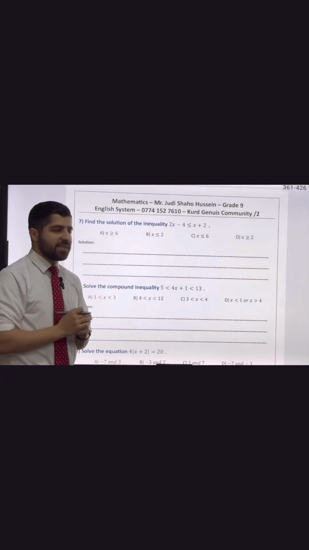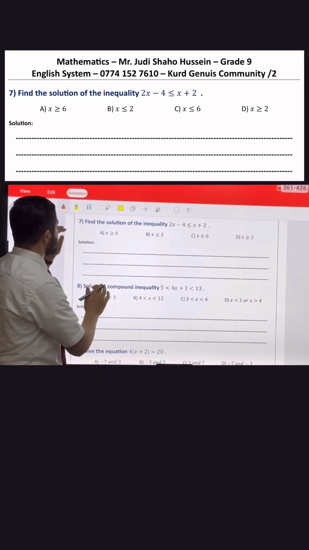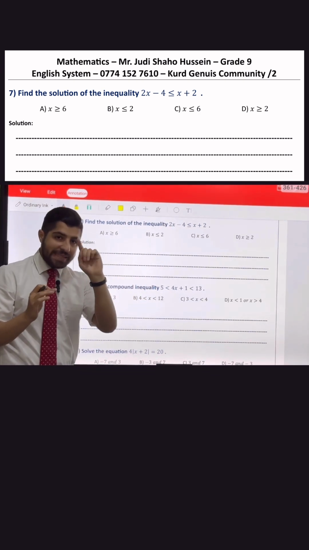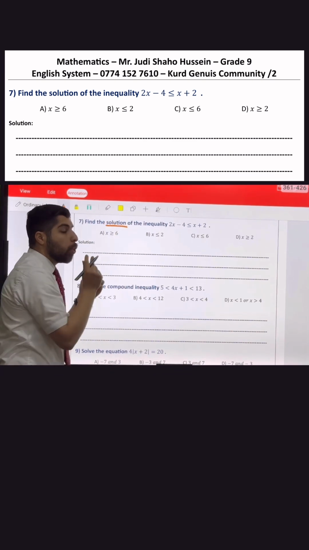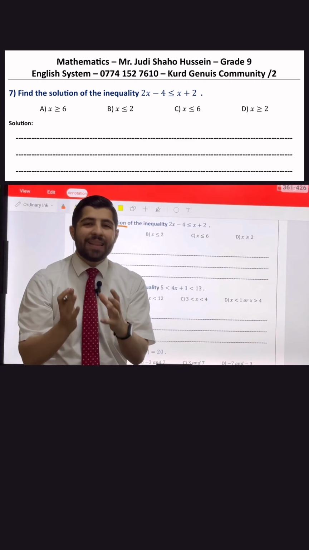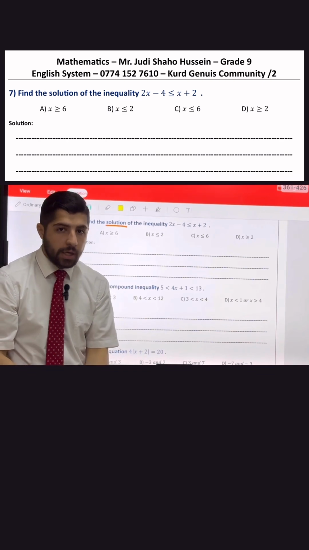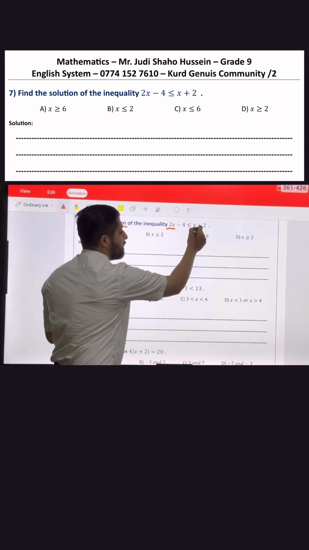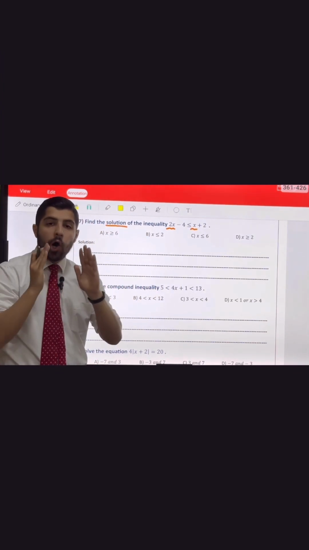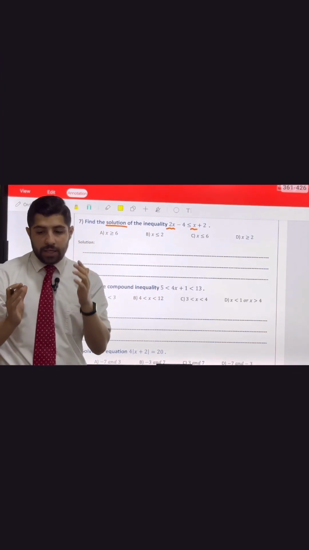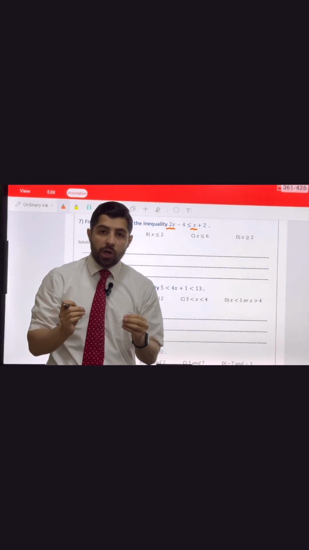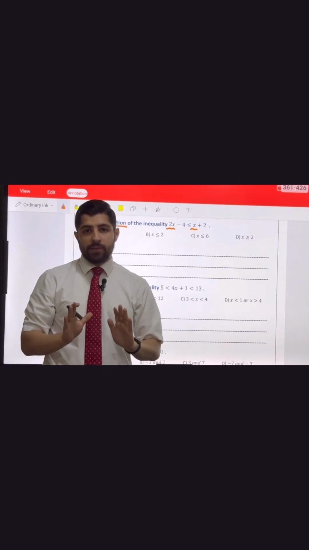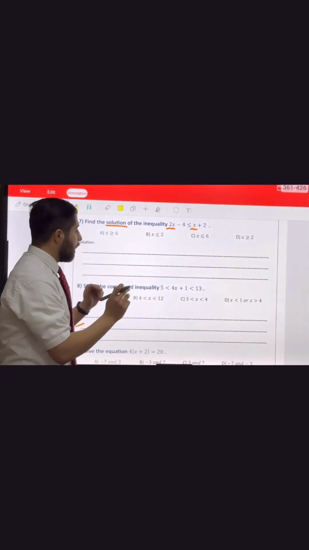Okay. Question 7 says, find the solution of the inequality that we have here. First thing, they say find the solution, which means those values that make the inequality true, okay? So I have to look at the inequality. I see there is an x, and 2 numbers. Always in equations and inequalities, make sure that you have the variable on the left side and the number on the right side. So what I'm going to do is this. I'll be writing this